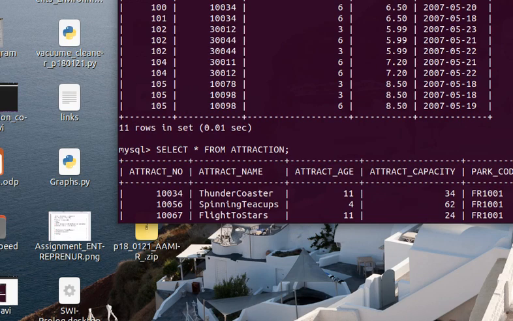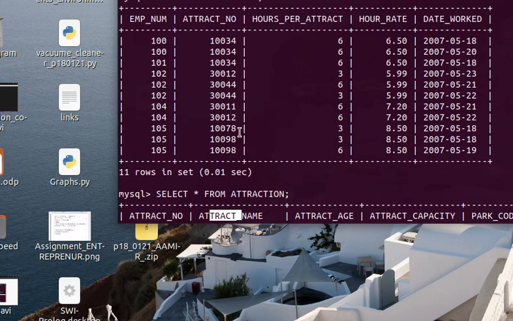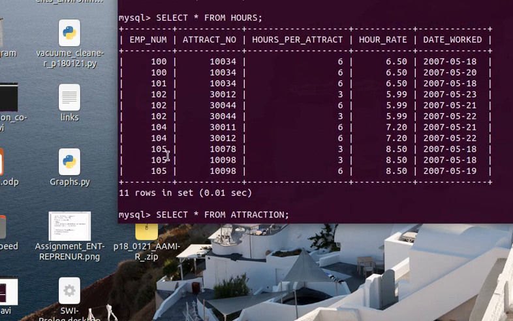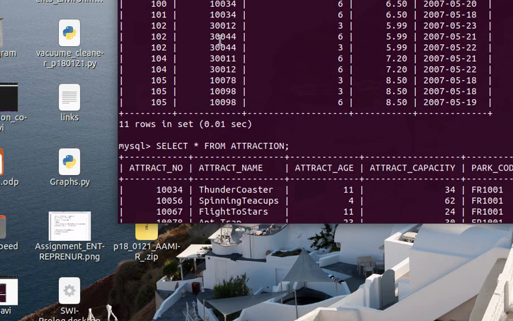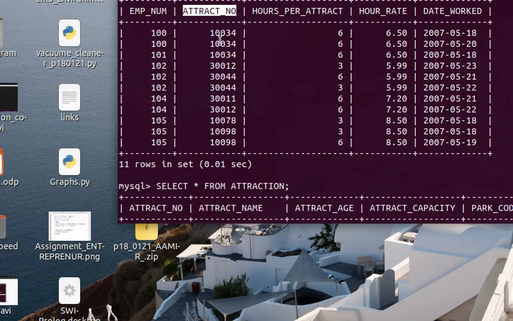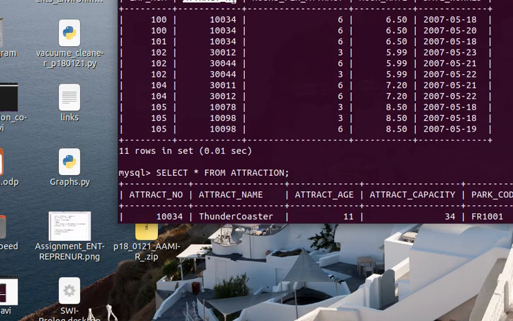So for example, I want to fetch hour rate from this, and I want to fetch attract name from this. So here we will join these two tables with the attract number which are the same. So let's combine these two tables.